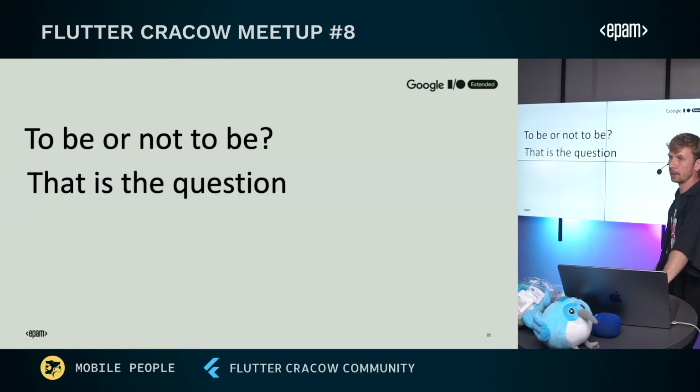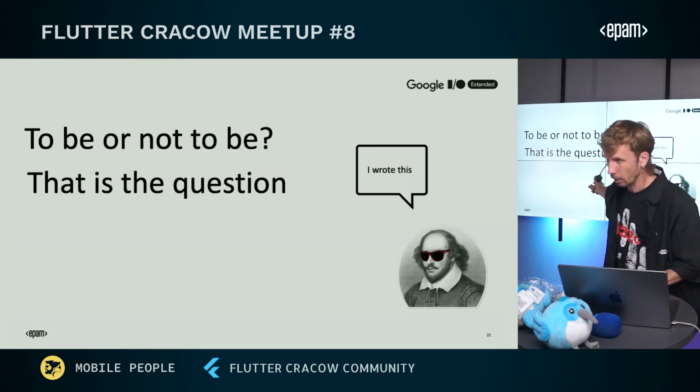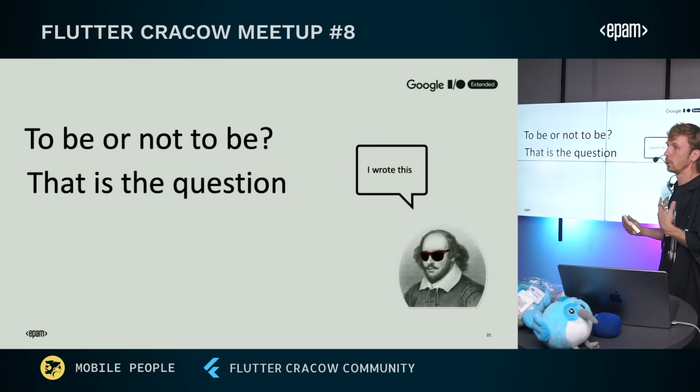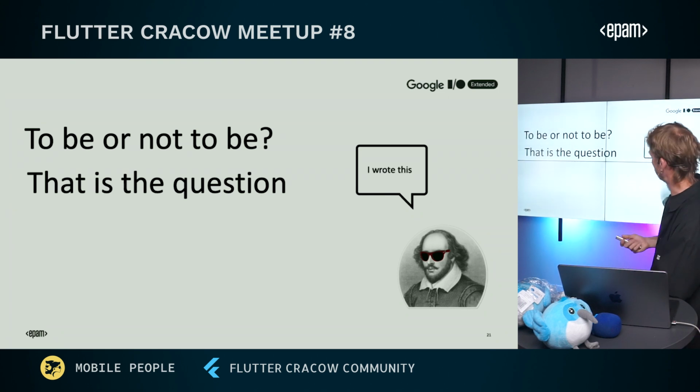Yes, exactly. That is the question. So it's written by William Shakespeare, but the AI model knows this because among the tons of text it was trained on, the Shakespeare text was also there.